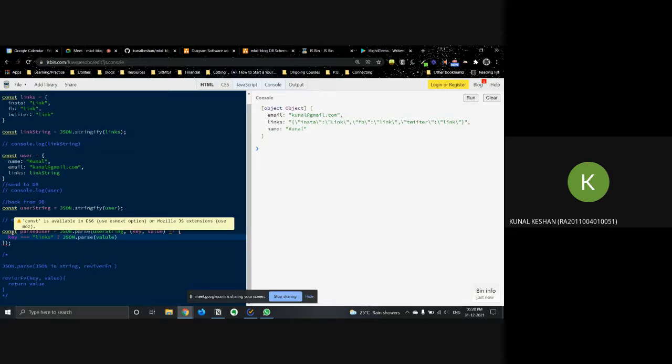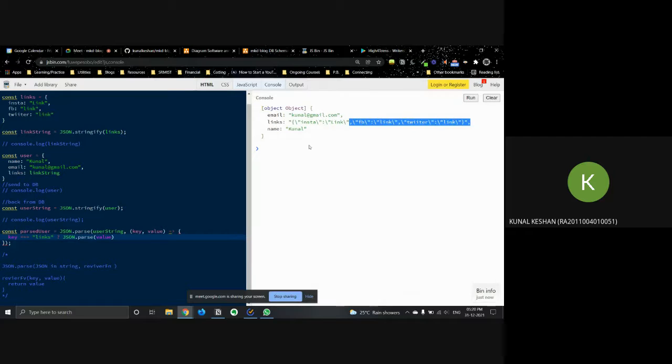value for the links key, that is this one, pass that, or its value. And one more thing, for this I have to put a return. Okay, so what this statement basically means is, if the key is for links, that is this one, then parse it again, and then return it to the past user for the particular links key. Else, return the value directly for the other keys itself.